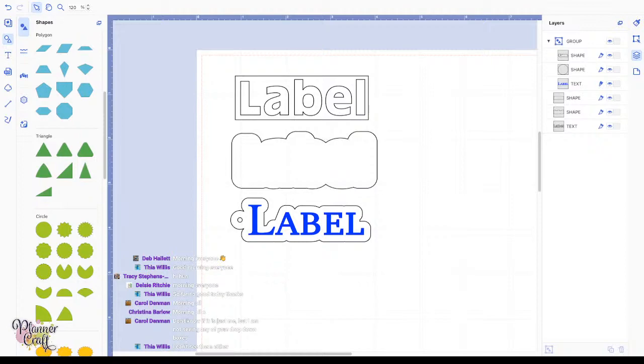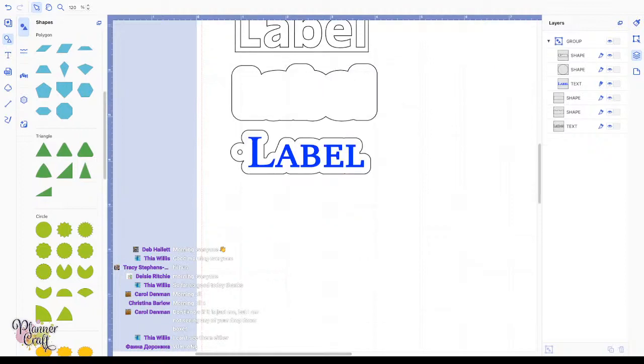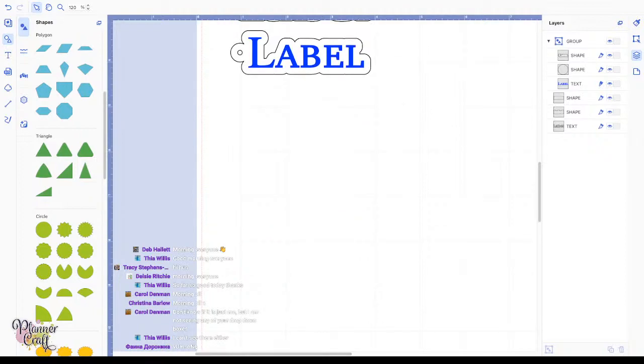Now obviously that style of label is great for one word things, but what about if you've got something that is more like a title? So I wanted to show you a little bit of a trick that we can do to do some little layering tags. So you can actually use this same technique to do some sentiments for your cards if you want. So